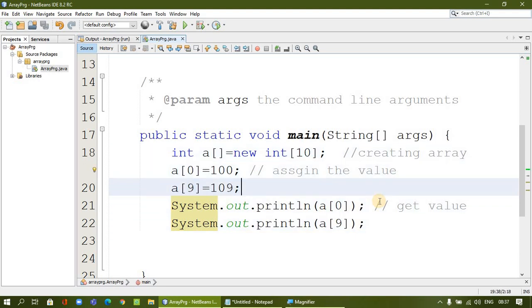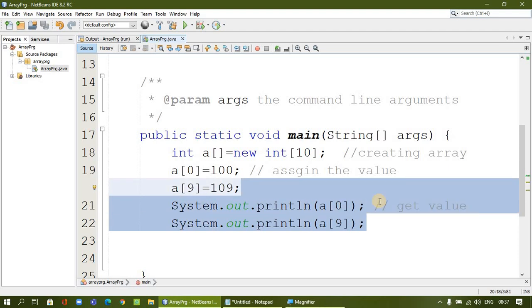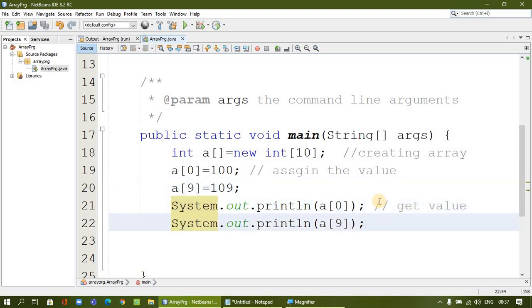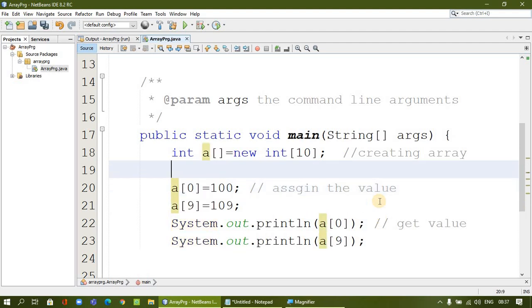We can access the element like this, and we can also use a loop. Instead of assigning individually, you can also use a for loop. For example, I'm using a for loop. I'm going to say for i is my variable. I'm starting with 0 because the array starts with element 0. I, for example, less than, I'm going to say up to 9 elements, so I will say less than only, less than 10. So i++, every time i gets incremented.